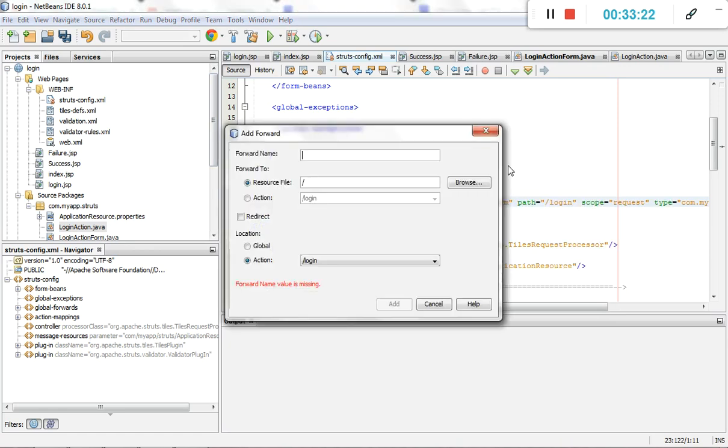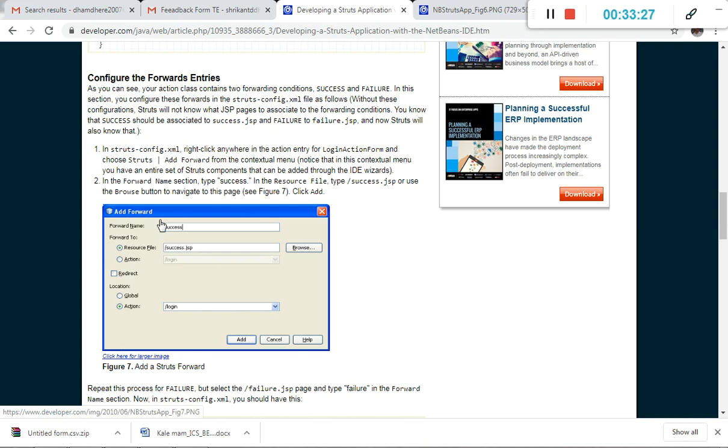Then we need to mention add forward as a success.